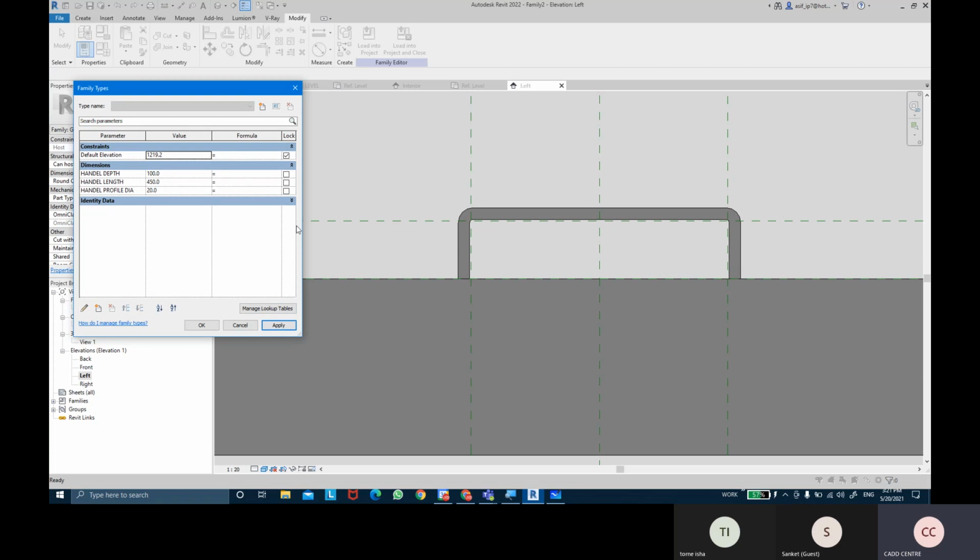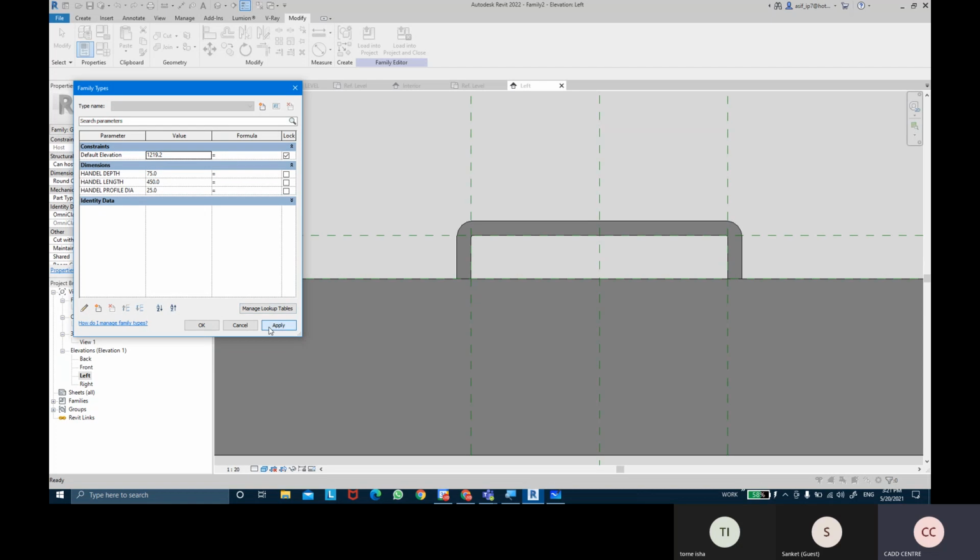So it's totally parametrically controllable. That's great. We have a complete handle with parameters. Right, so the handle is ready.